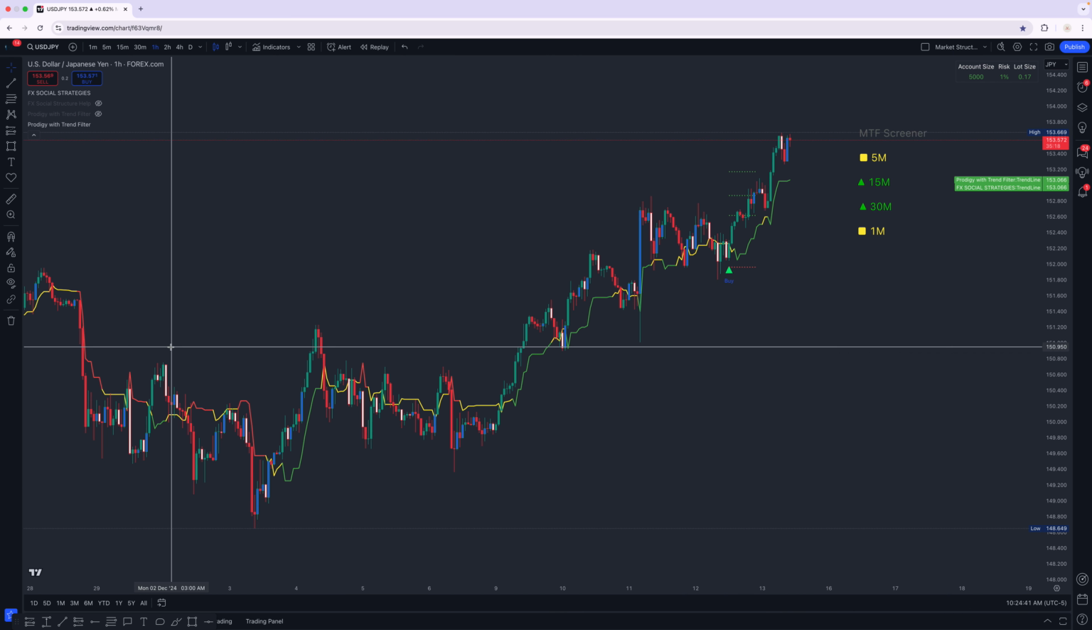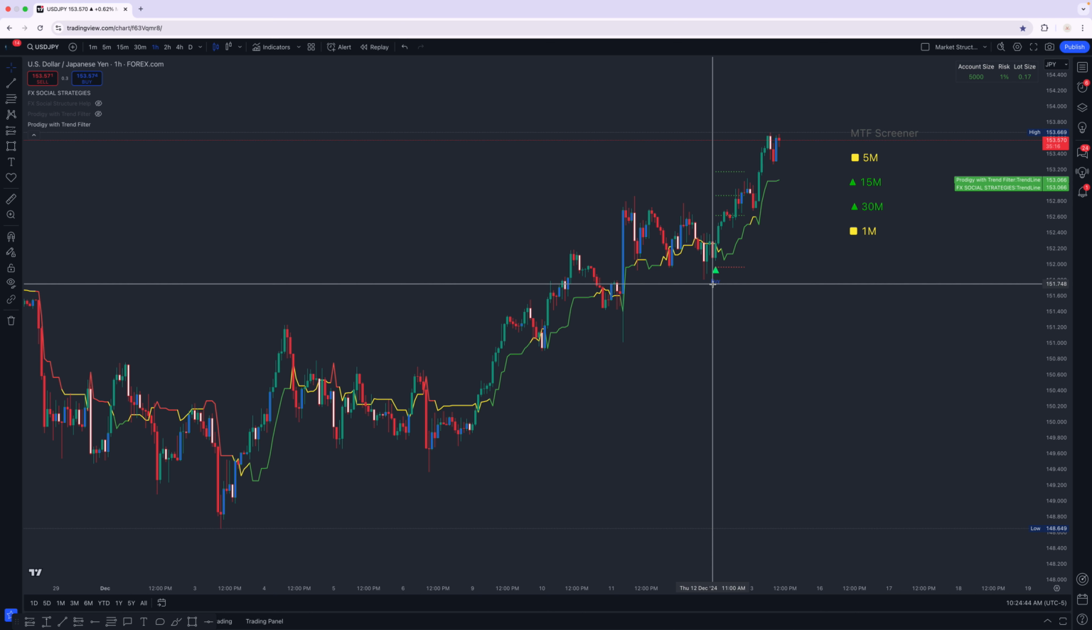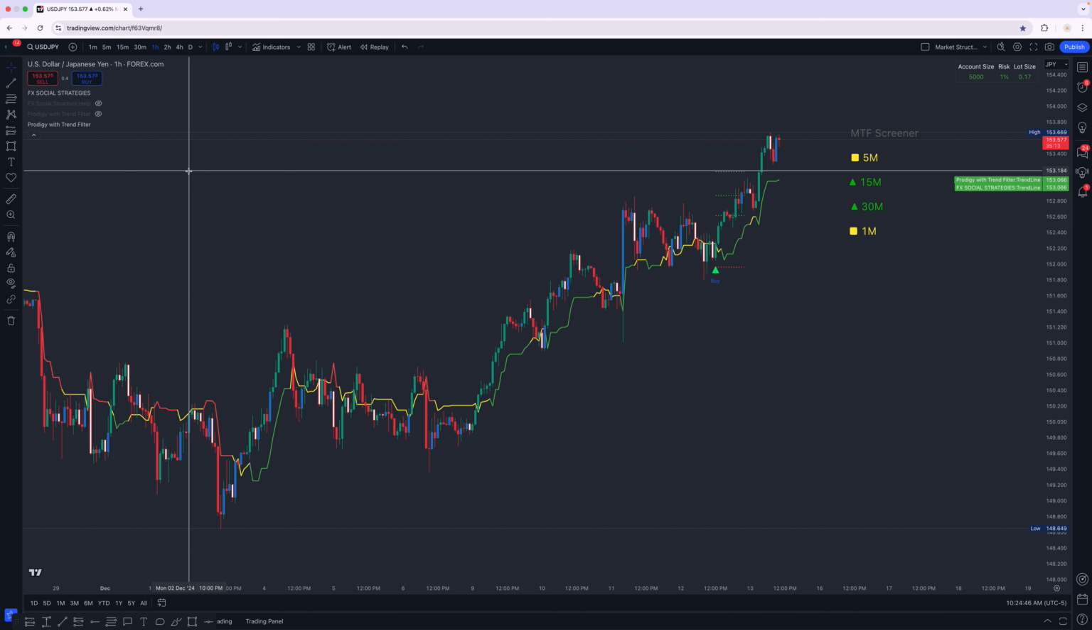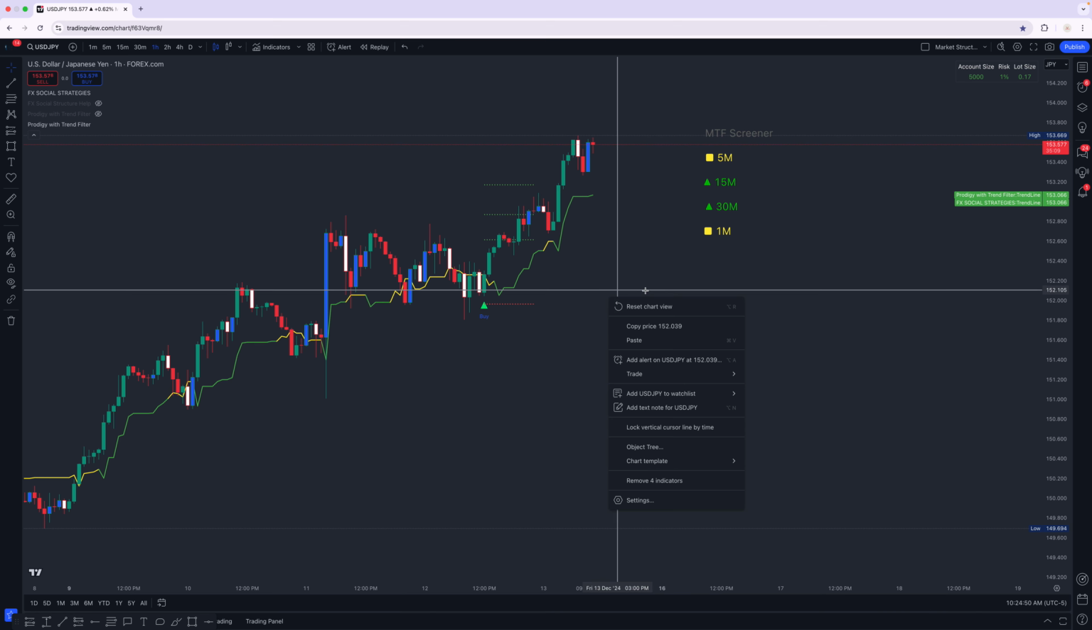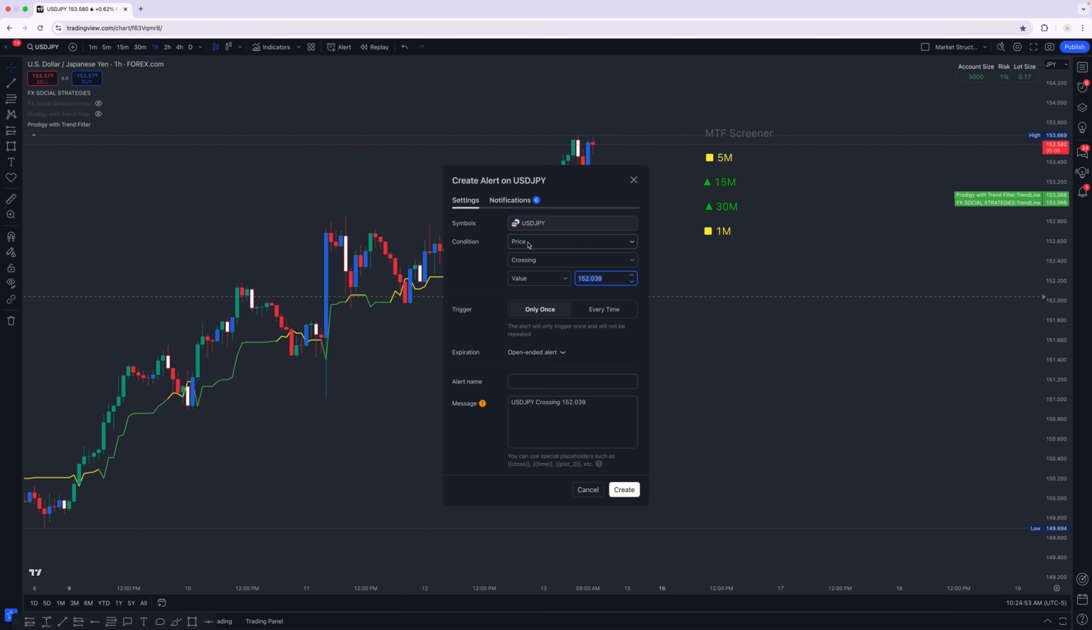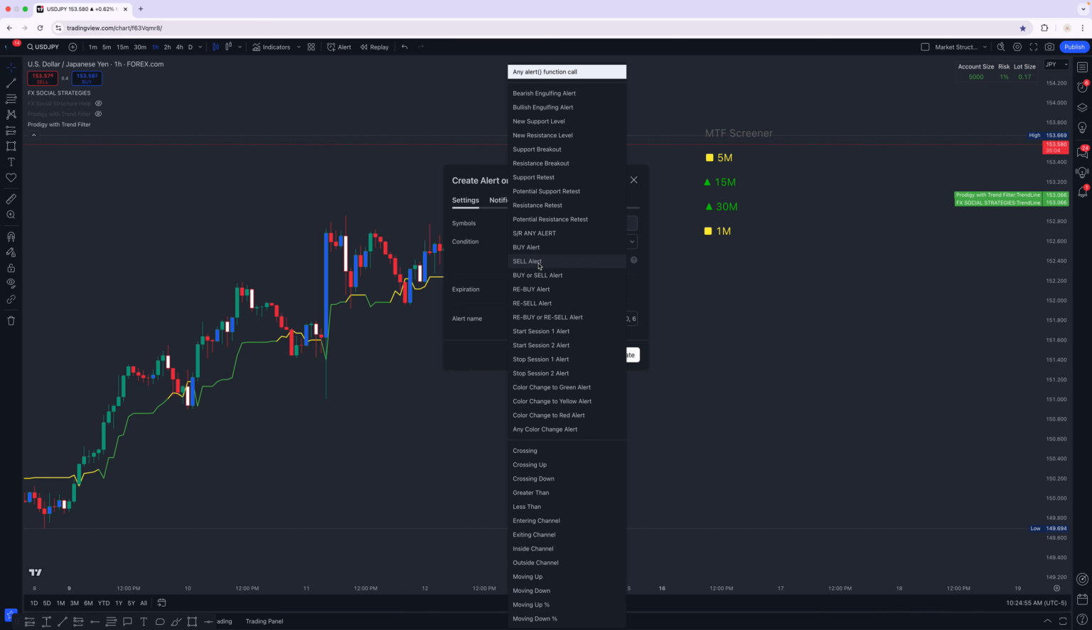So let's say that right now you are in a buy trend. And this is the hour chart, so it usually lasts a couple of days. So you're going to be in here for a while. Then you're going to simply go to add alert. You're going to look for FX social strategies, and you're going to pick